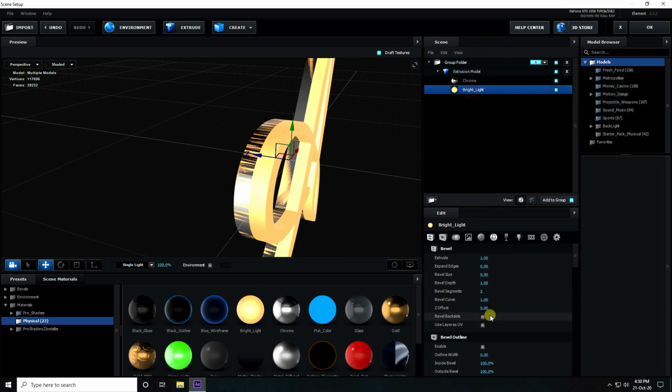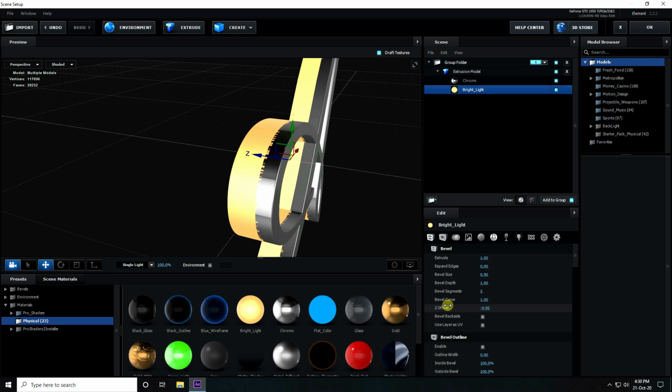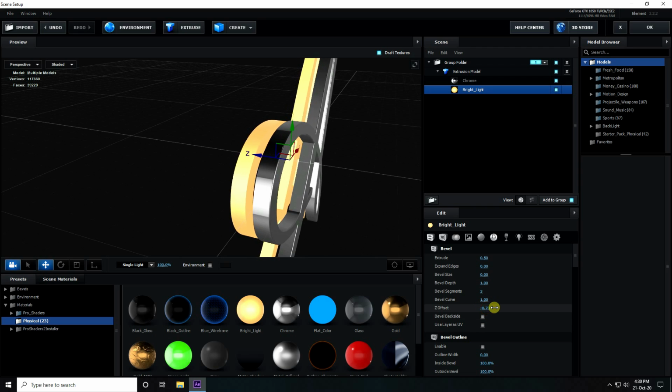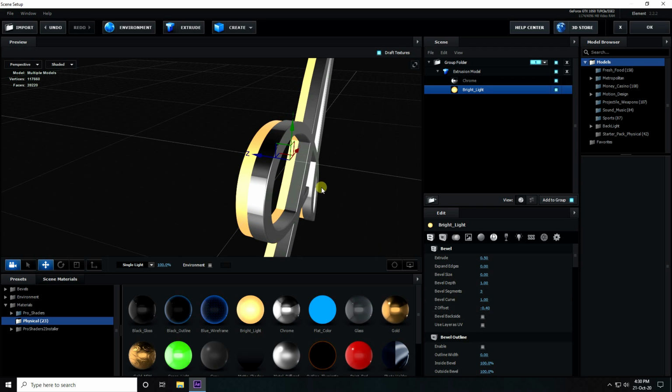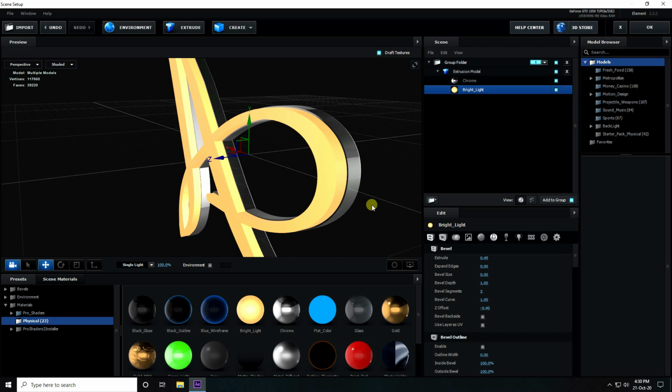So select this one, go to offset and change it. Bevel size decrease and bevel extrude smaller, like 0.5 same, and change the Z offset. See guys, that's my text, right.